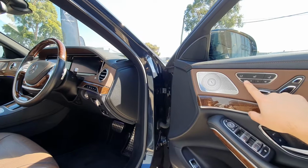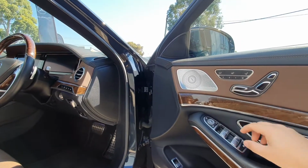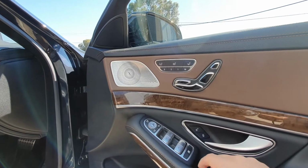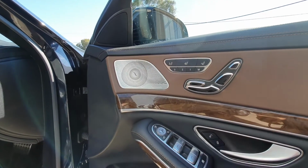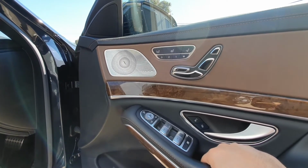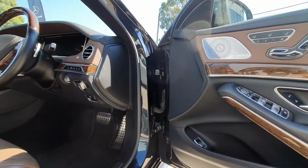So as you can see, the mirrors are moving. On this one, I'm not 100% sure if the steering adjusts also. It possibly does. We'd have to play with the settings. And the Burmeister premium audio system, which is music to the ears. Really, really nice. Now let's have a look inside,